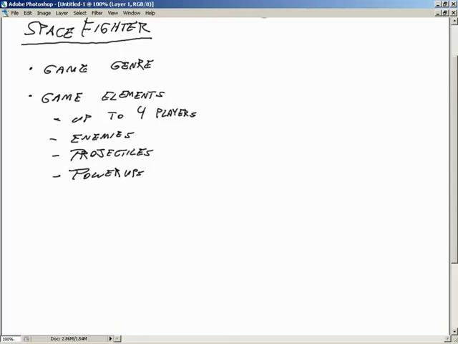So at the end of SpaceFighter, I noticed that projectiles had been left pretty simple. They move. Well, they can collide with things, but they basically just move. I wanted a reason to put custom behavior in another kind of projectile, so I opted to make seeking missiles. So you fire a missile, it picks a target, and then it homes in on that target. But the way it does it is it doesn't immediately just point at it. It actually has a limited angle that it can turn per update, which means that if you fire too close to an enemy, it might not be able to turn all the way. It will actually have to circle around the enemy and make a second run. It's great